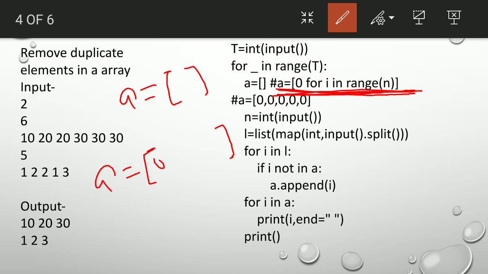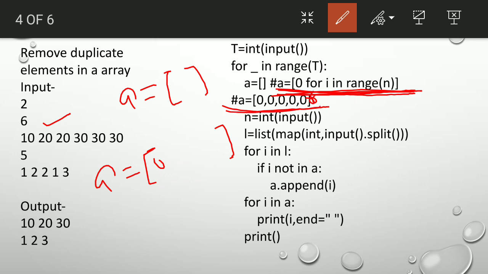For i in range of n. If the n value taken in this case is 6, then i will run from 0 to 5, so 0, 1, 2, 3, 4, 5. So here you must get 6 zeros, not 5, 6 zeros.